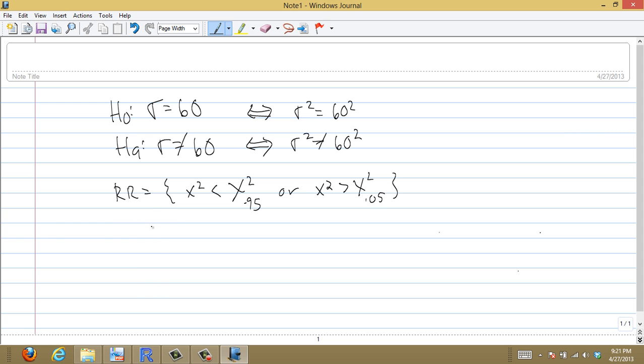And if we look up those values in R, we're going to find them to be